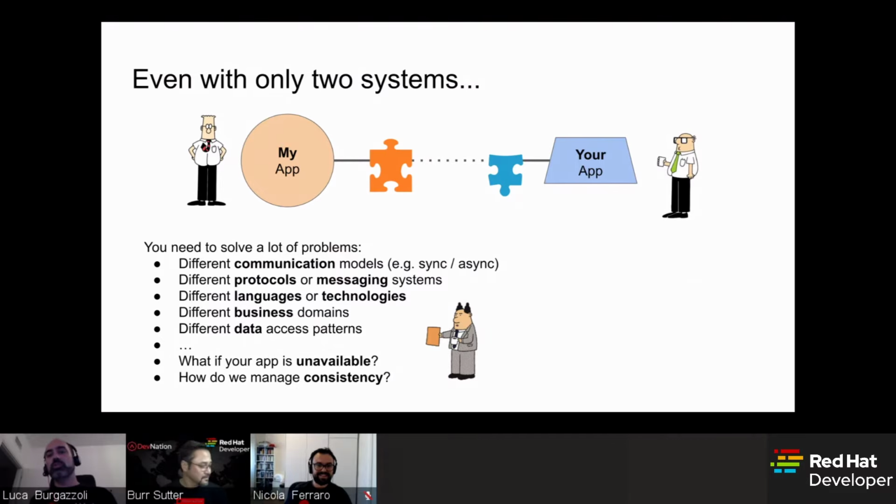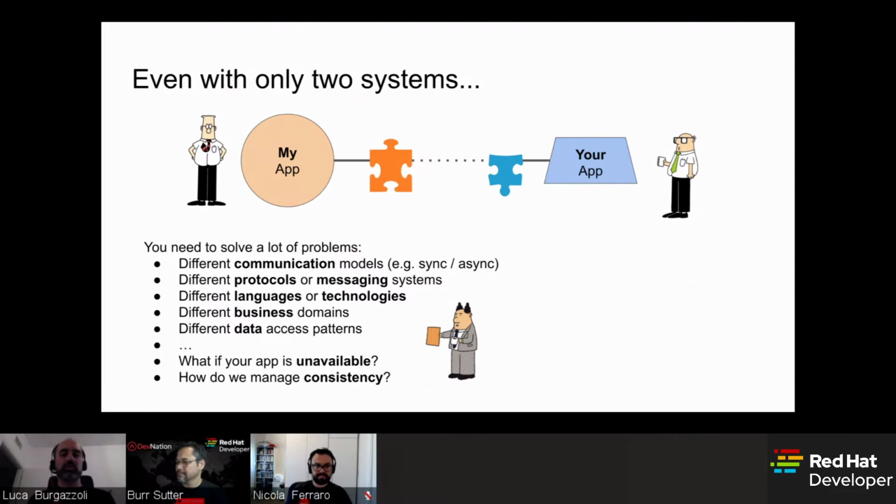And in the real world, you need to deal with a variety of processes and protocols and services. But even if you think about what's happening when you want your application to talk with another application, there's a lot of issues you might face. They might not appear at the beginning, but sooner or later you will find that there might be communication issues, like different ways, synchronous versus asynchronous, different protocol languages. And you also need to think about what's going to happen when your application is not available, and what's going to happen when,